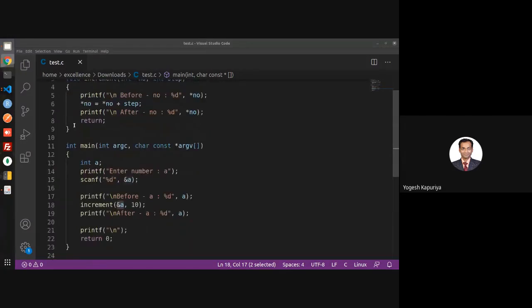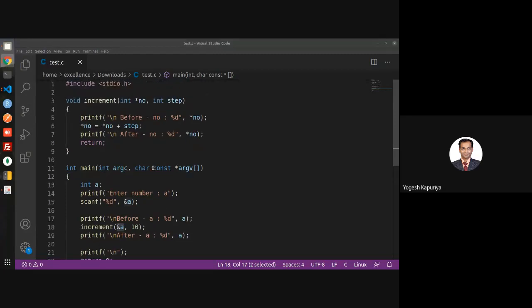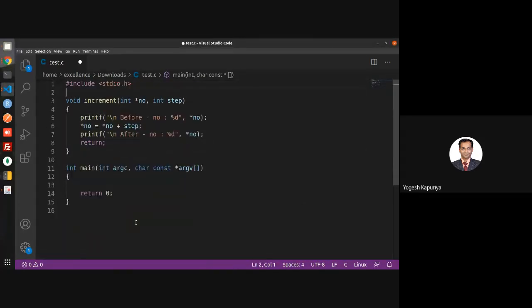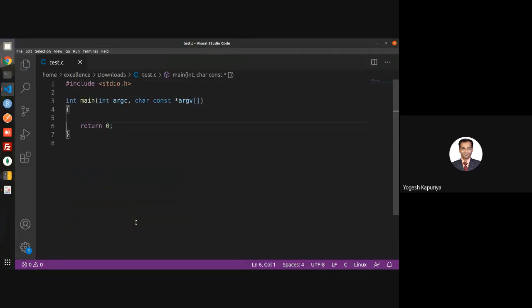So, let me discuss one more next topic, that is malloc and calloc. So, let us say we have this. This is an example of dynamic memory allocation.